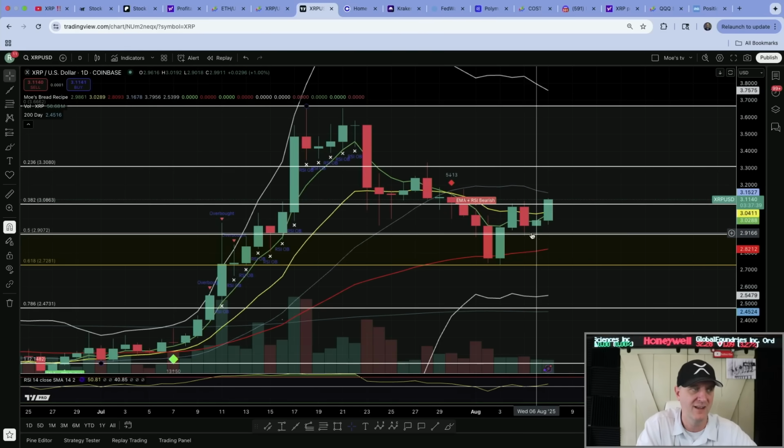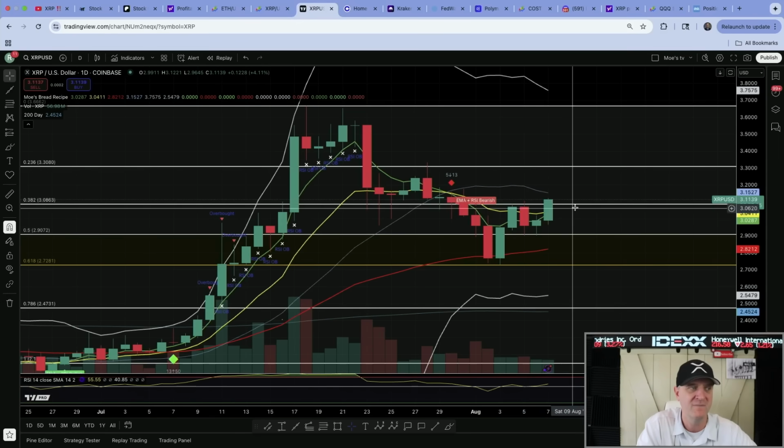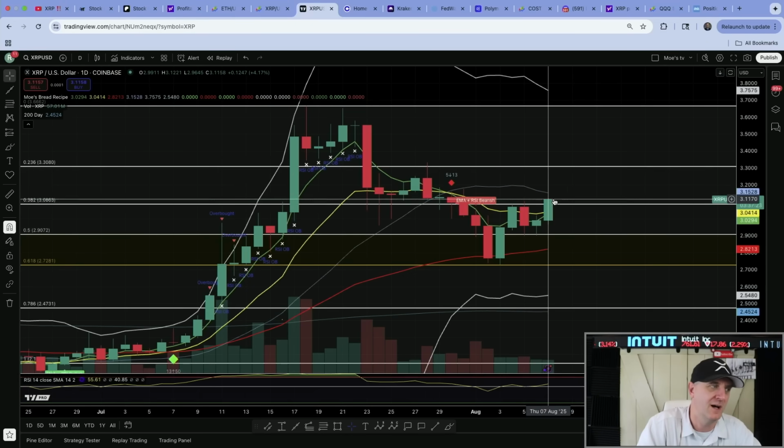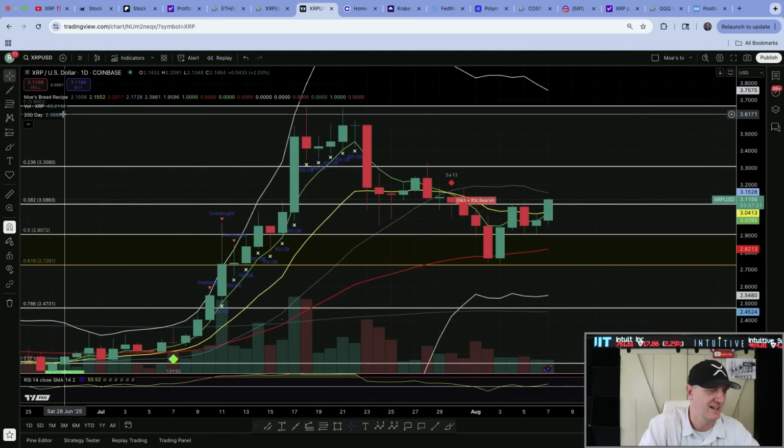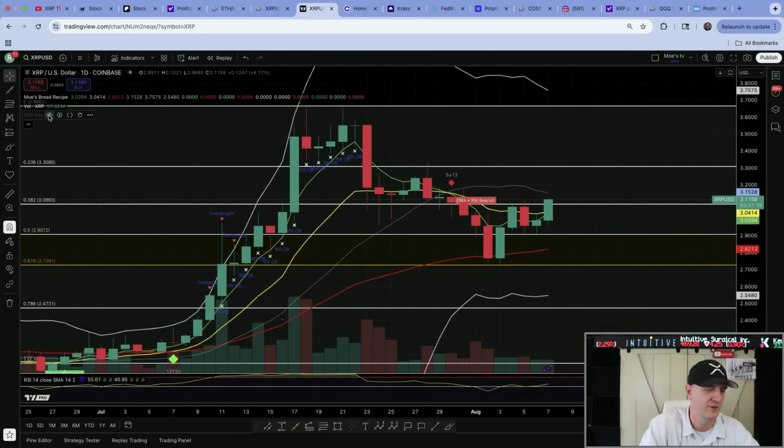So it hit the fib line. You can see 2 days of hitting it here. And then we bounced off the 291. And now we're breaking through the next fib line, which is the major resistance, which is 308. So 308 right now is that next line that we need to break and confirm above. Once we get above that line, oh, folks, it gets beautiful.